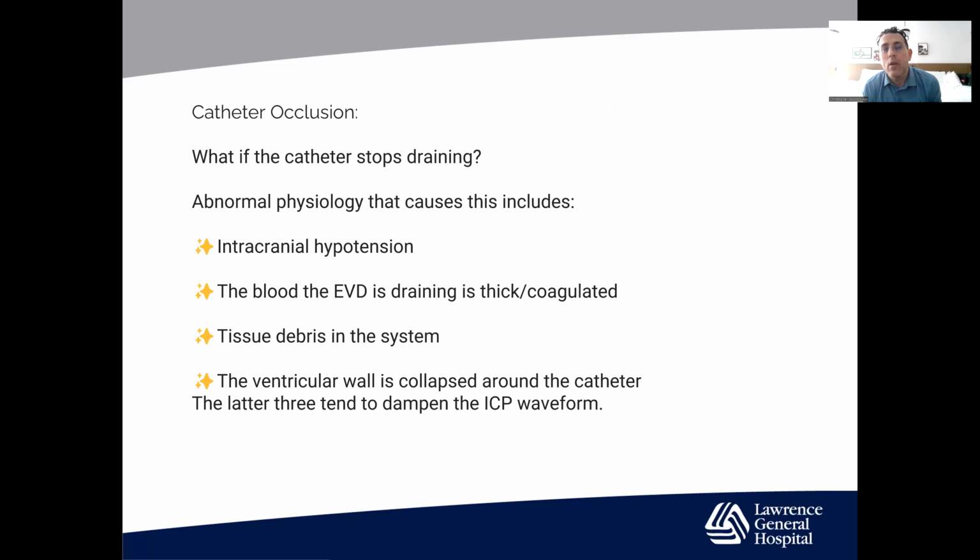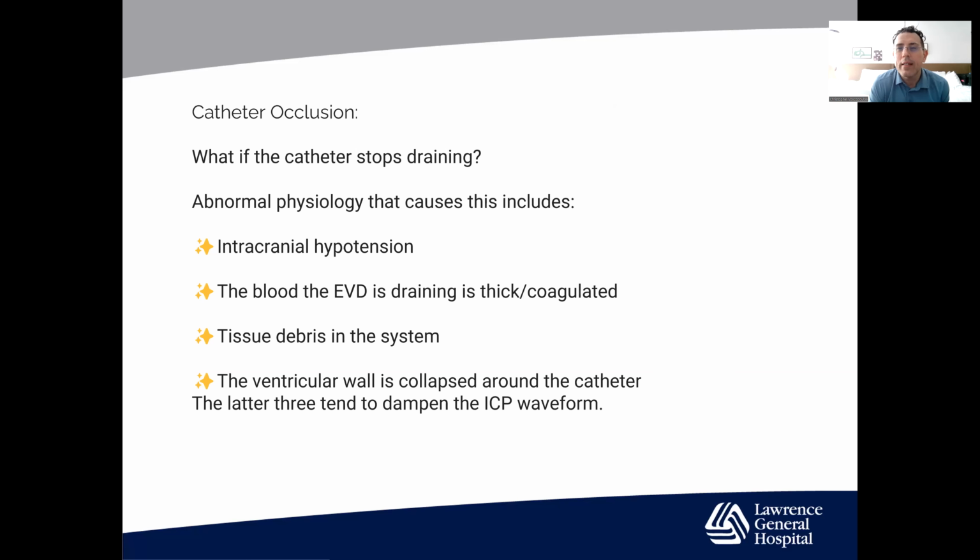So catheter occlusions, again, what do you want to be aware of, and what if the catheter stops draining? Well, you want to look at some of the abnormal physiology that can cause this. You can have an intracranial hypotension episode. Maybe there was over drainage. You want to be aware of that. You can have blood that has now occluded the EVD tip. You can have tissue debris, or in an over drainage situation, you can have the ventricular walls collapse around the catheter. So it's important to know here that if you have the latter three, say the blood, the tissue debris,